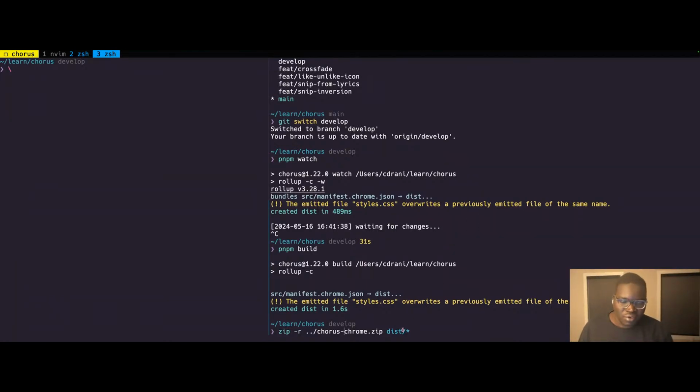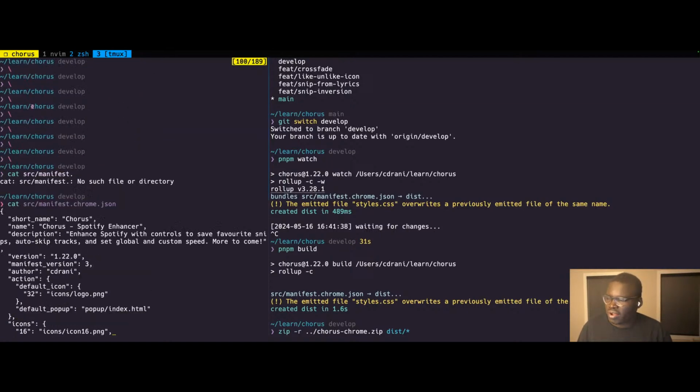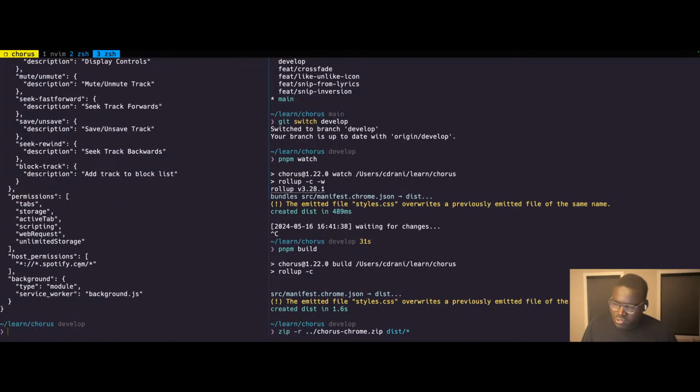Well, after we update the version in our manifest, right? We'd have to update this version first, 1.22.1. And then we do something similar to this for